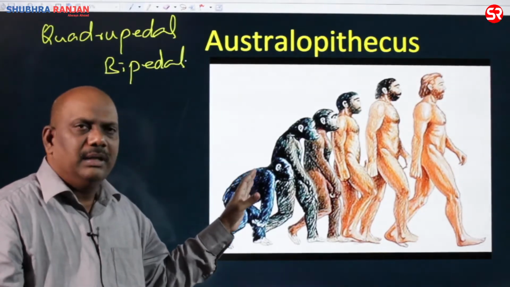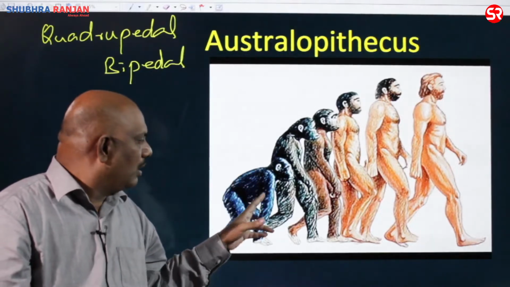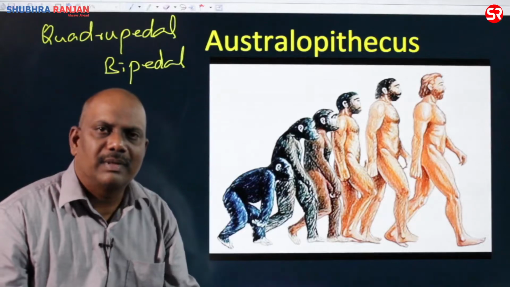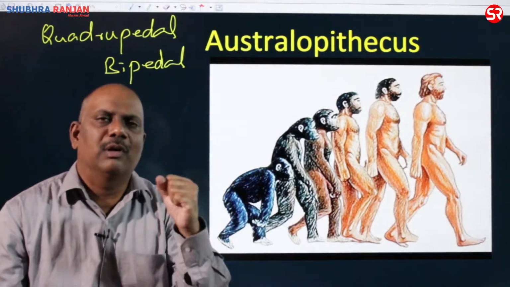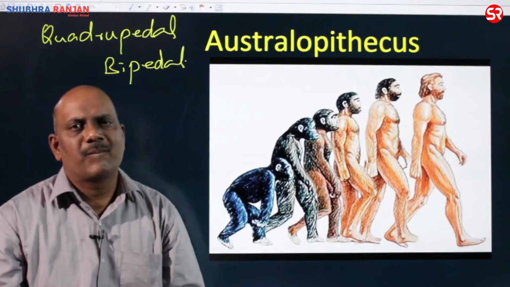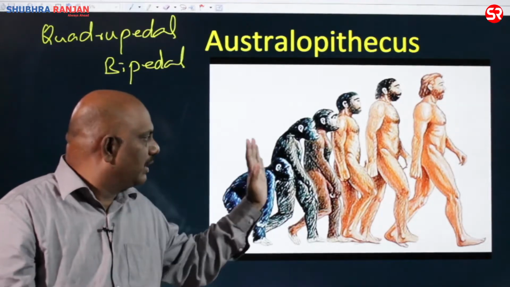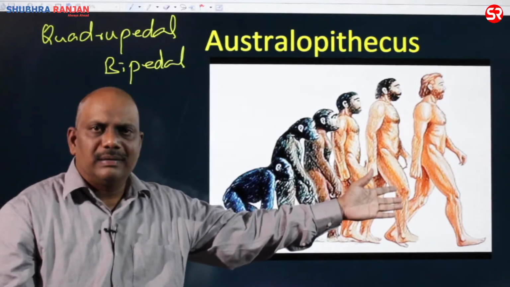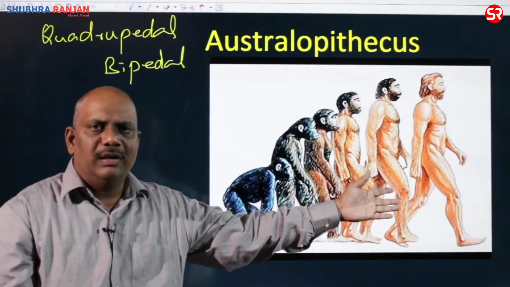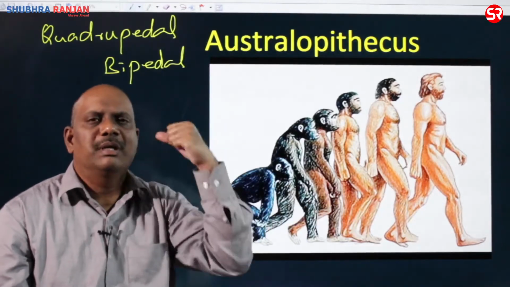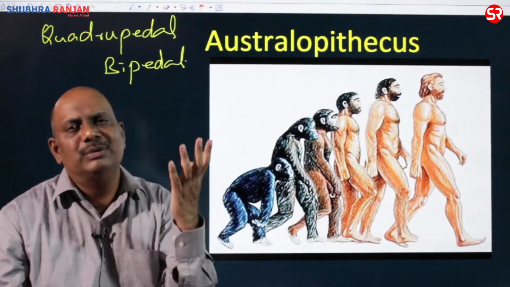Quadrupedal means using all the four limbs, forearms, two hands and legs, all the four limbs for locomotion. That we call as quadrupedal. Slowly in the course of evolution, we became bipedal. We started walking using only two legs and our forearms became free so that we can use them for a